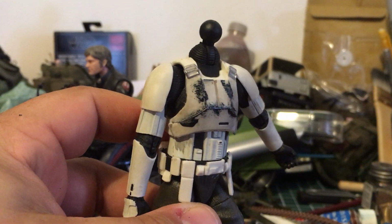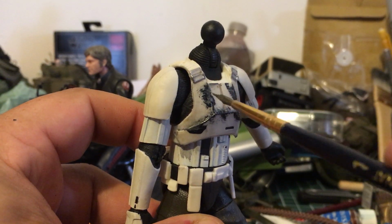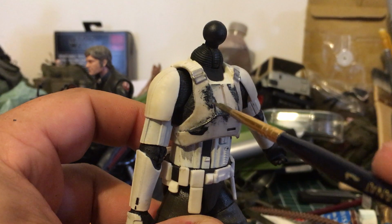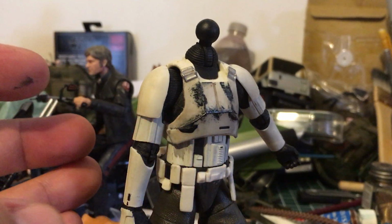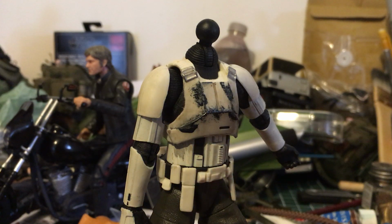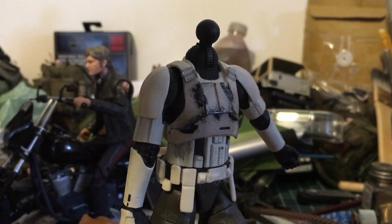Let's see if I can get that to focus there. Okay, so you can see the dark of the gunmetal and the silver of the highlight of the metal. So it sort of looks a bit more like carbon scoring, really, or like it's been sort of burned a bit. One thing I notice some people don't do so much, I'm just going to clean my brush,